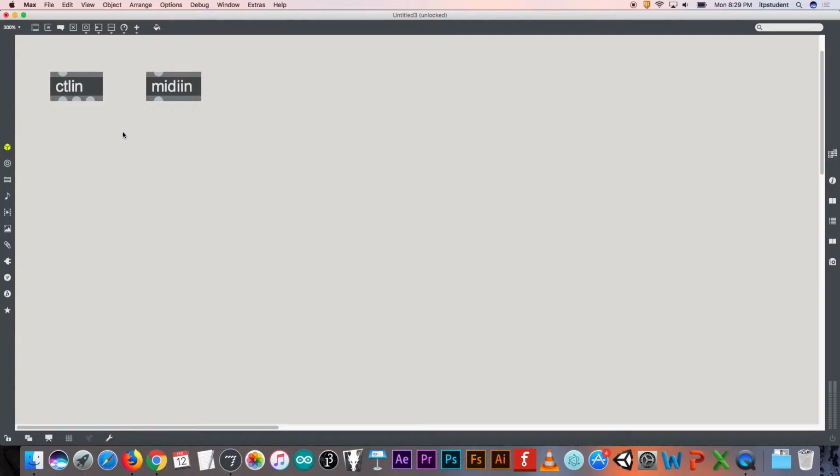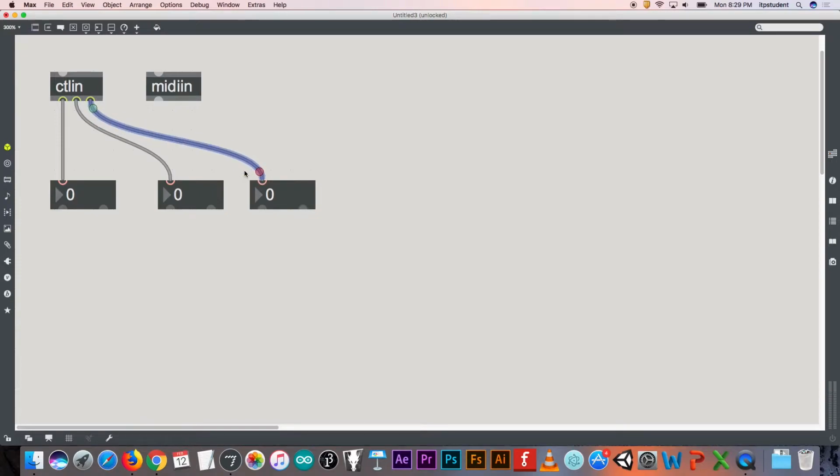And MIDI gives you three things. It gives you the note, it gives you the velocity, and it gives you the channel. So here's this MIDI controller. If I move this fader up and down, it goes from 0 to 127. It is note 0, and it's on channel 1. If I move over, it is velocity